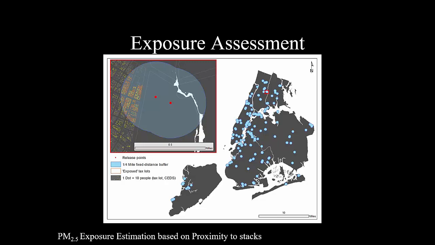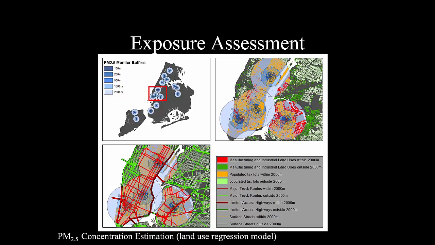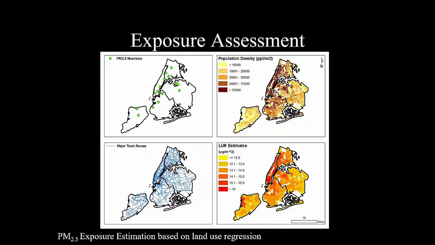This slide shows the beginning of a method called land use regression, where you analyze land uses around monitors to try and calibrate what is basically a regression equation. You then apply that parameterized equation to areas in the city that do not have monitors in order to estimate the concentrations in those locations. This is a way to mitigate some of the shortcomings we saw with the EPA monitors in the earlier slide. And these are the outputs. The map at the bottom right shows the estimated PM2.5 concentrations based on land use regression.